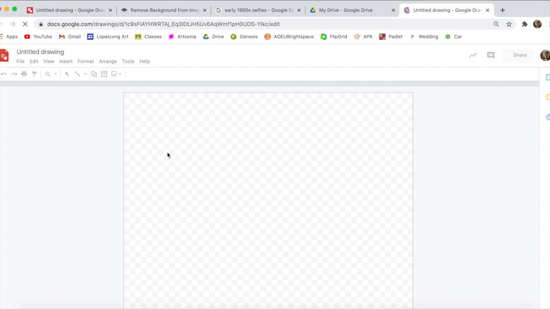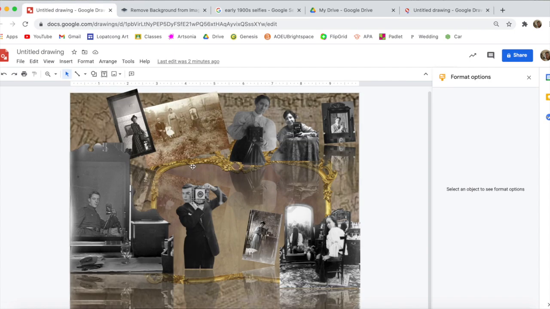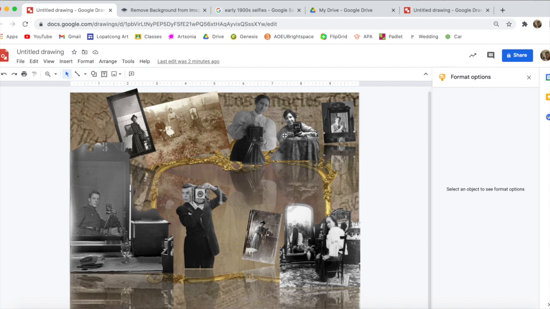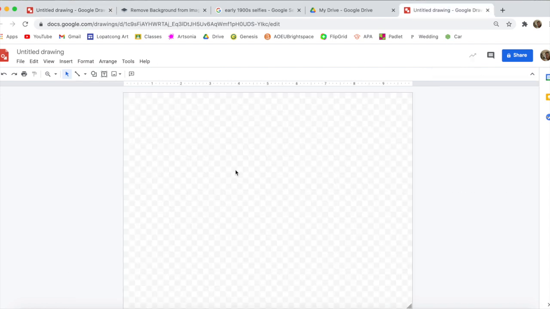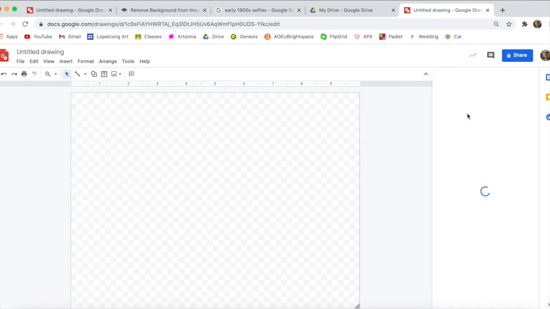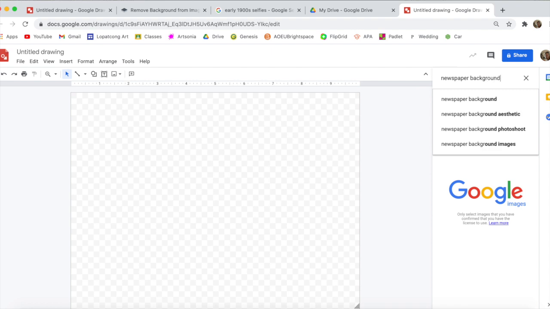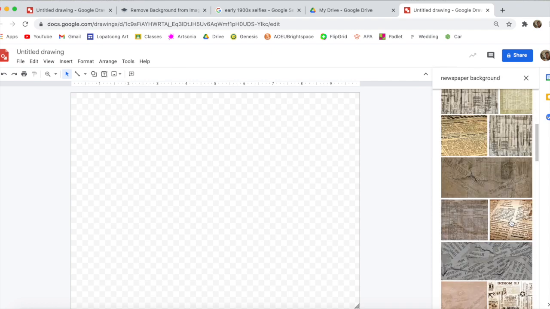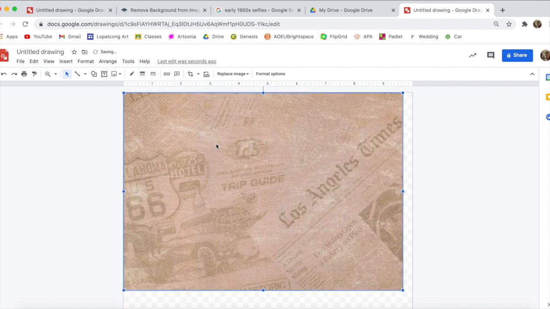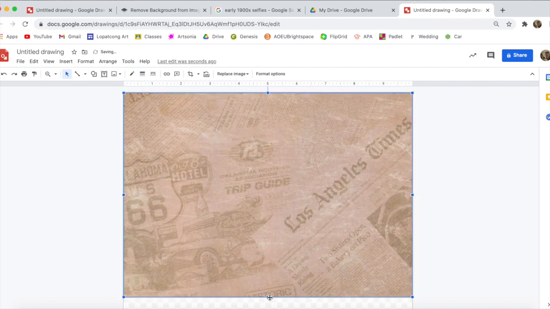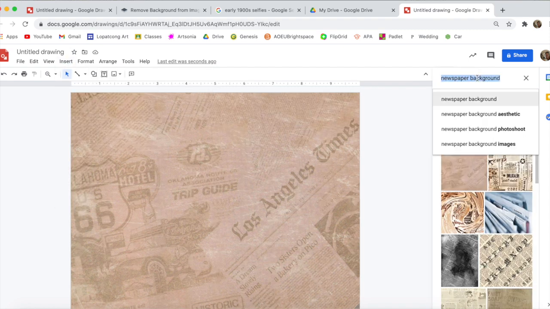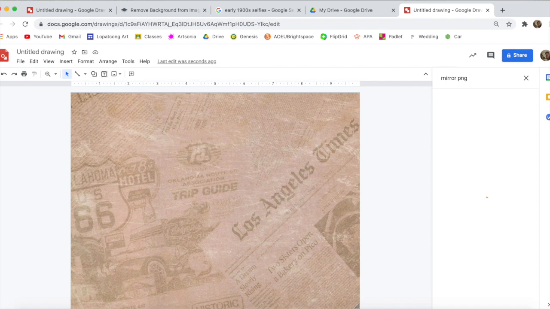Once you have that opened, you're gonna see just this blank, empty background. This is my example right here, a little further away. And what you're gonna do to add the background here is go into the Insert button, Image, search the web. You're gonna be able to search anything you want for your background. I'm gonna search just a newspaper background just to give me some old-fashioned looking background. You can stretch it to get the size that you need, and you can start adding different images into your